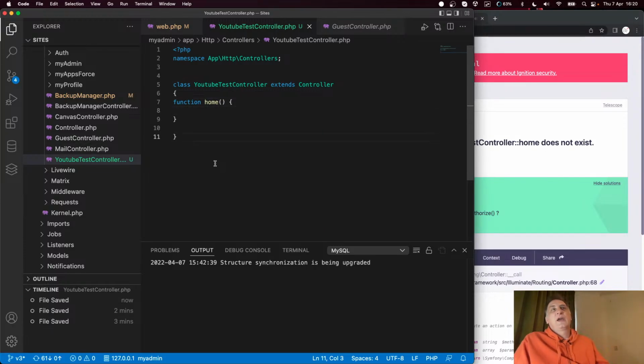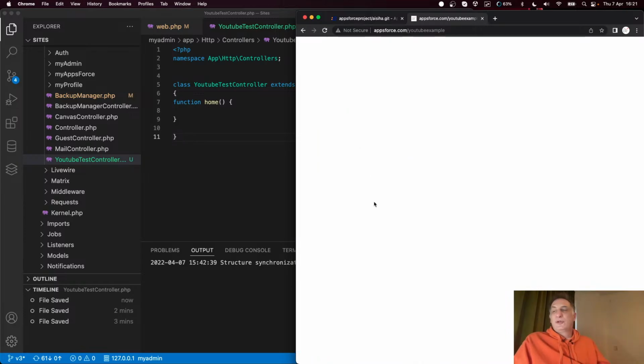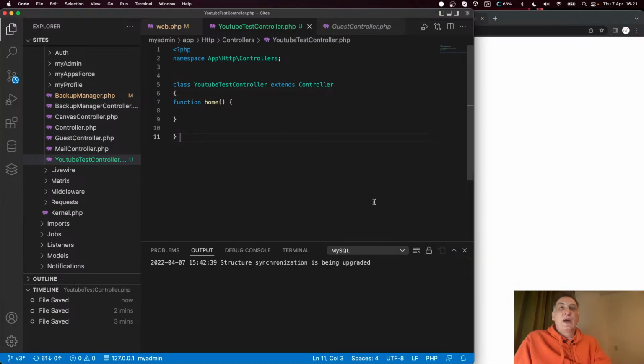So there you go, I have a function. If I refresh this one more time, boom, beautiful, no errors. So far, so good. Because I didn't put any code in this function, it's not going to do anything. So what happened? Well, I want to go back just to finish my